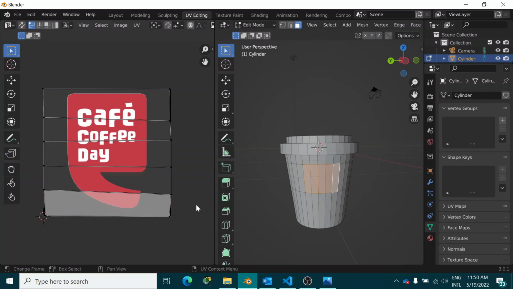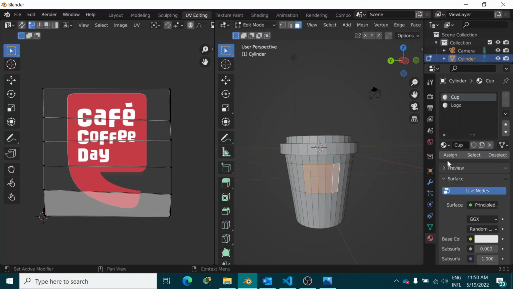Once you've done this, you can go to the material properties out here, click on logo, the material that you created, and instead of having this white color here, I'm going to press on this little yellow circle. When I click on this yellow circle, I'm going to choose the image texture, right? And once you select the image texture, from this little drop down here,